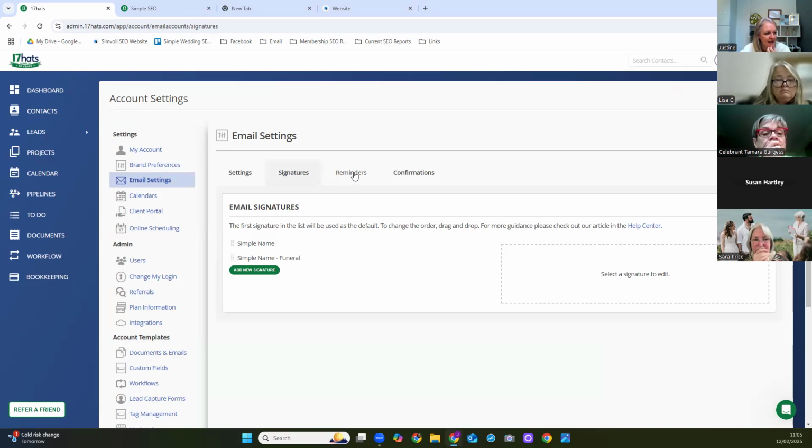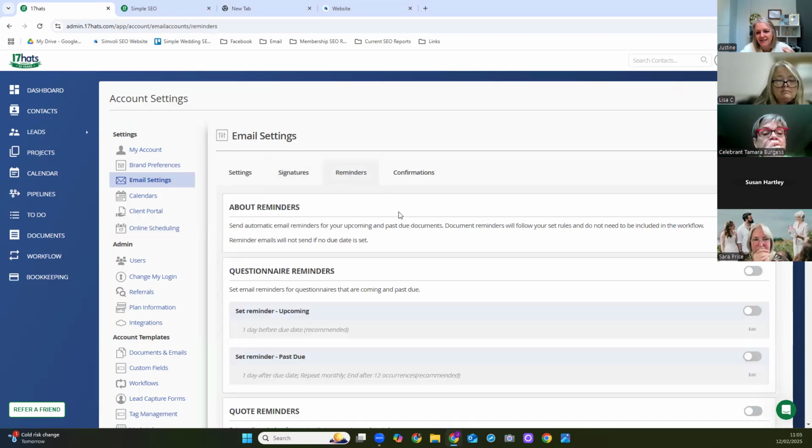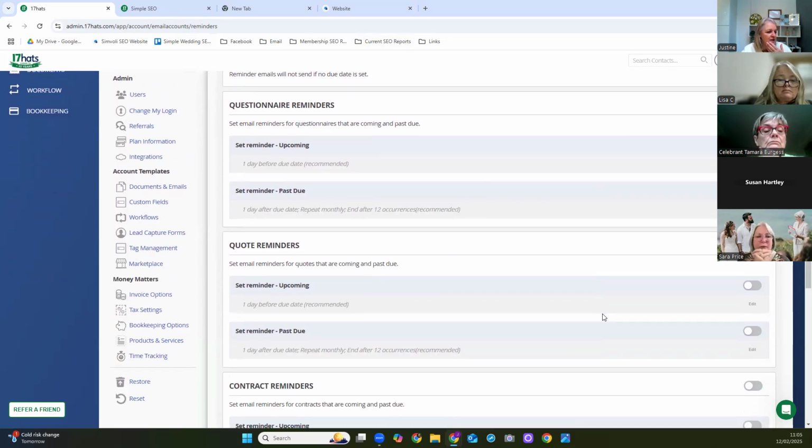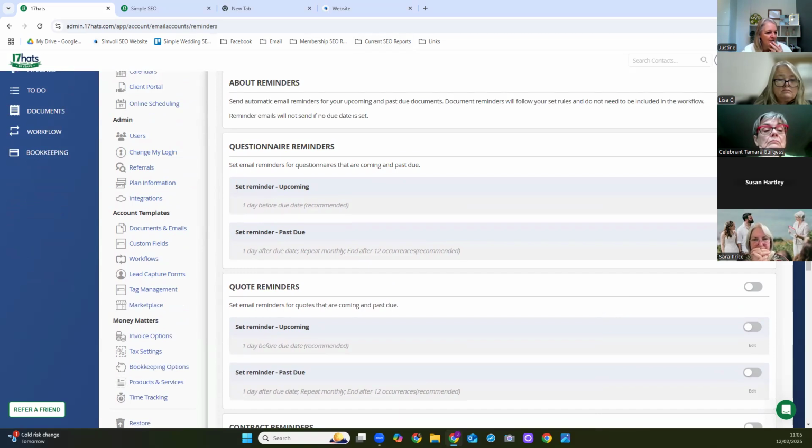Reminders is where you are sending reminders out about things like questionnaires. Questionnaires can sit on here. So now you can set up your questionnaires and you can send them out from here automatically at whichever point in the process you want to send it out. So I can choose to say, well, I want to set up a reminder that I set a date for your questionnaire to come back by the 11th of February. It's now a day past due that. So can you send out an email